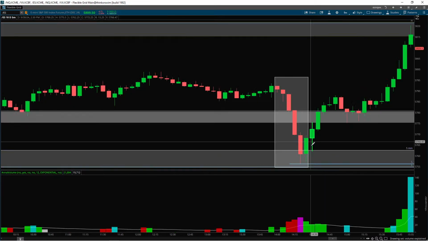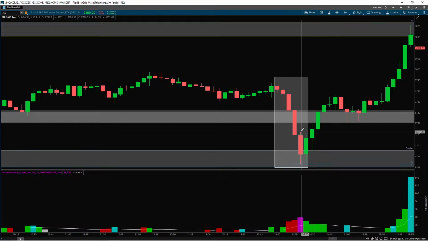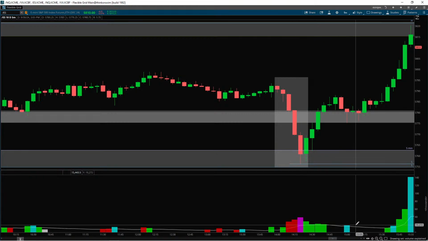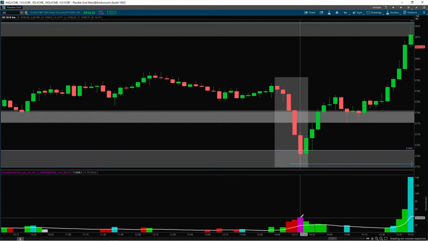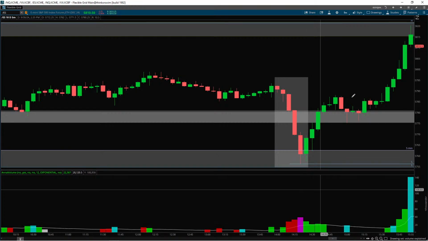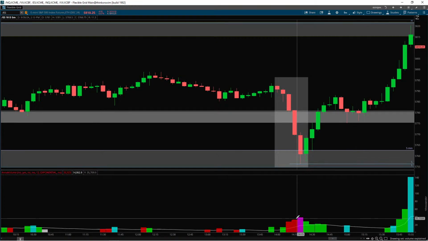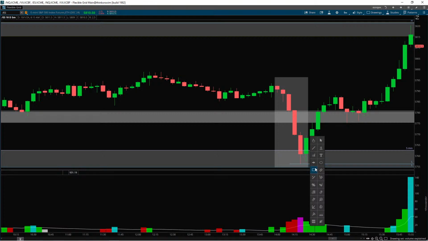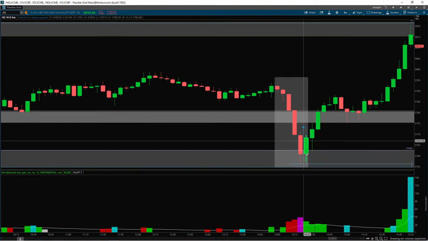Here, the 5-minute showed signs of buying right here. Even though it didn't clear this, it showed signs of buying. We have a pink candle. If I get rid of these colors, we wouldn't be able to see it. We'll see that the selling dried up, and there's conflict here. Then buying steps in. Conflict, buying steps in. It's not all the way red, so this one is struggling to stay selling. Conflict, buying steps in, and then I said, okay, perhaps let's look in here